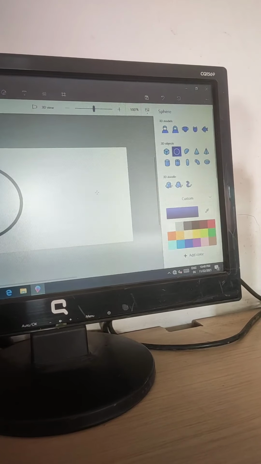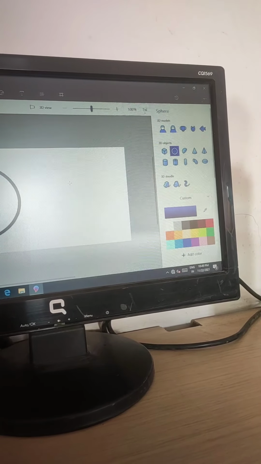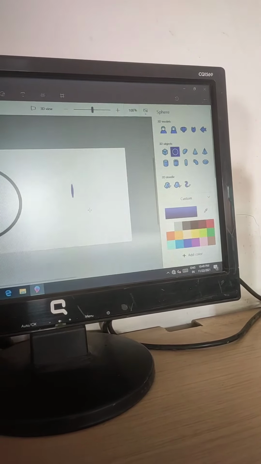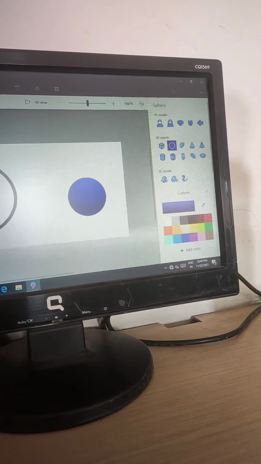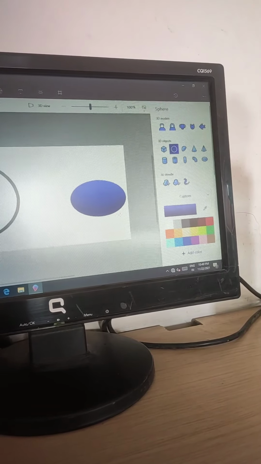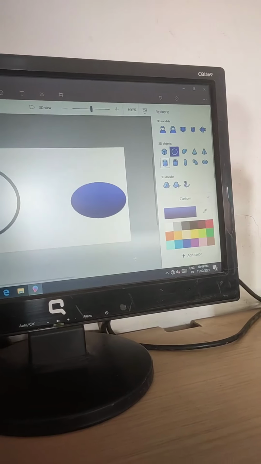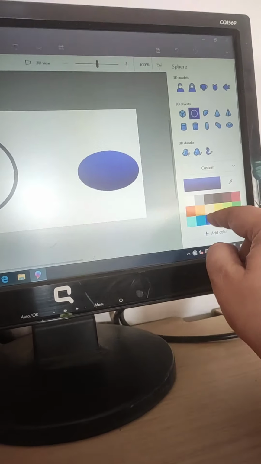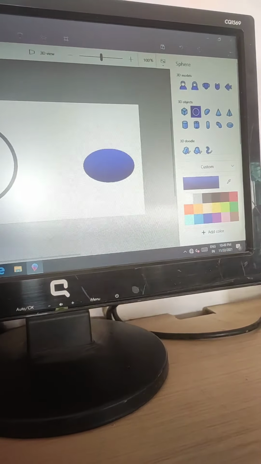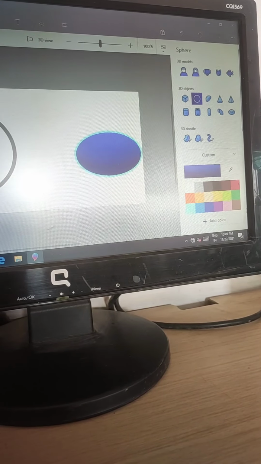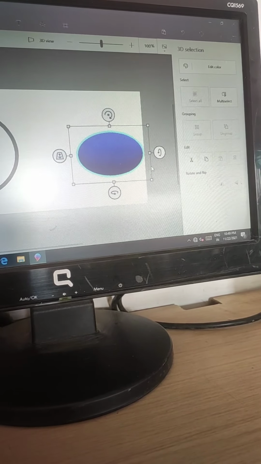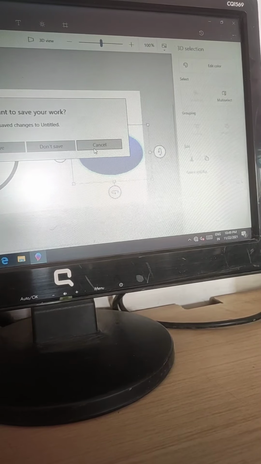Select it. Now the mouse pointer changes to a plus button. Now drag your mouse pointer here. See, my sphere is drawn here. You can change the color options from here. Any color you can choose and fill it in your sphere.